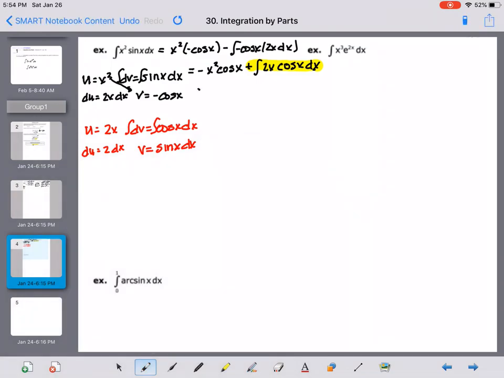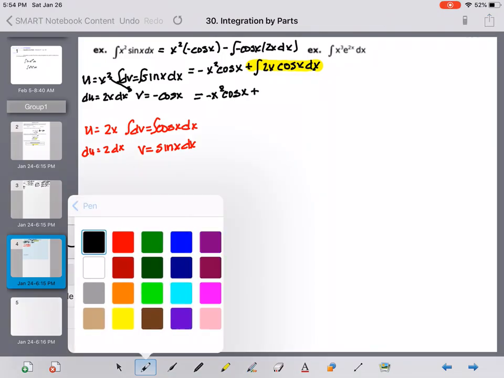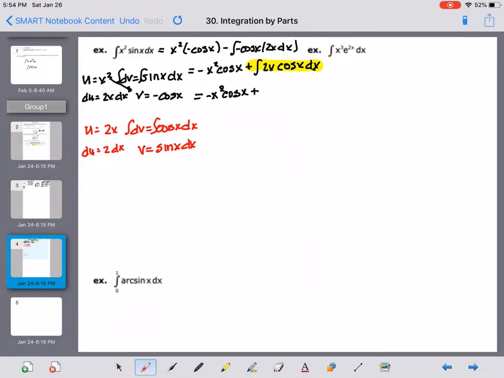This first part right here was from our first integration by parts. Plus. Okay, now the integration by parts for the second piece is going to be in red. So what I'm doing is I'm starting here again and coming down. So 2x sine of x